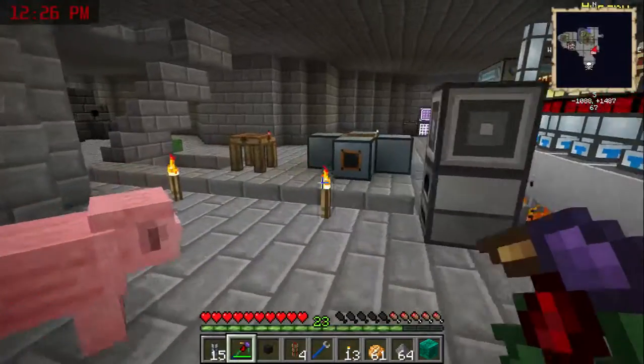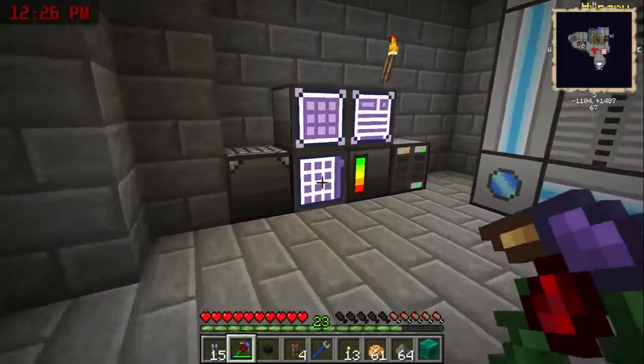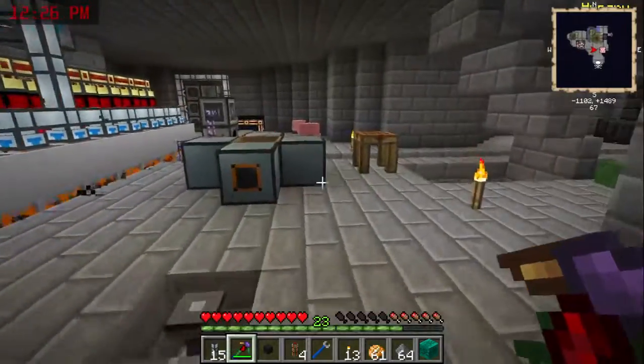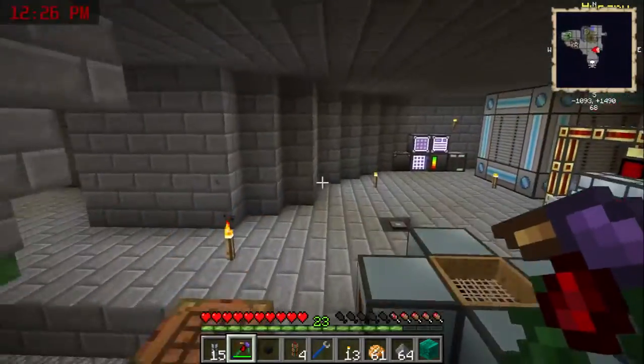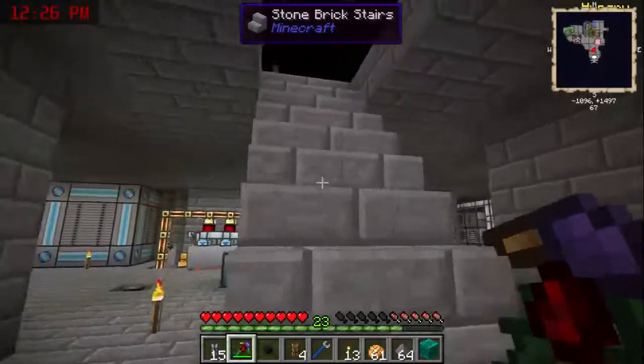So I have sand, that ought to be enough. We'll make some patterns. So now this thing ought to be cooking. Yep. We'll make a couple patterns, and that will make it where we can